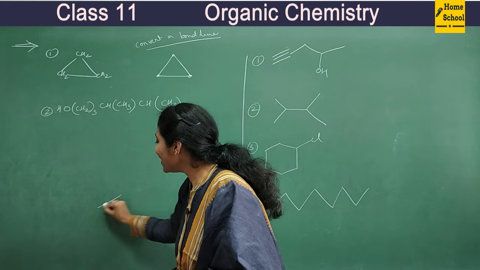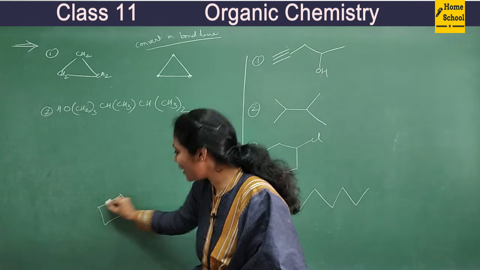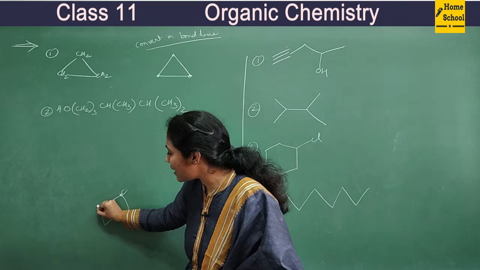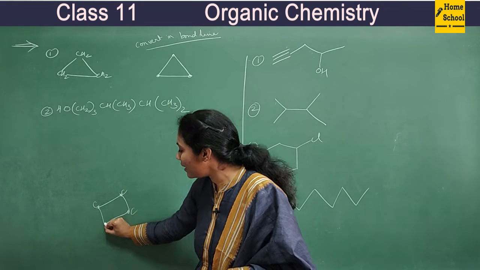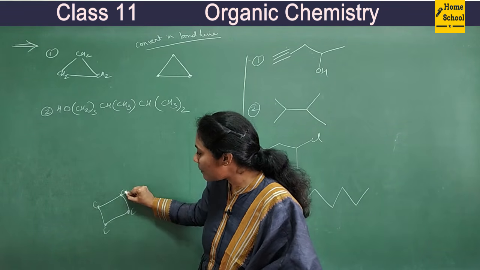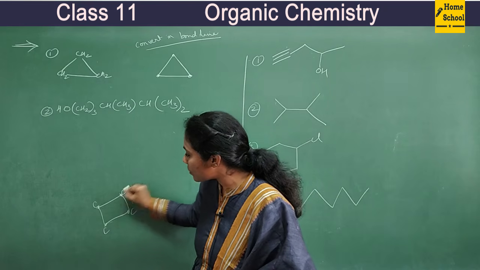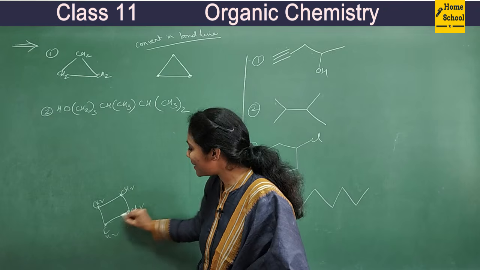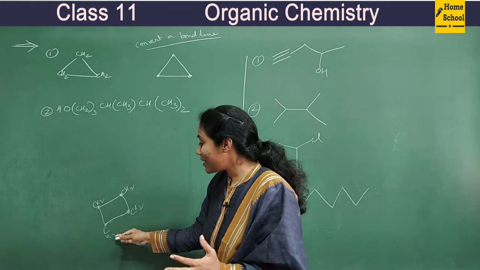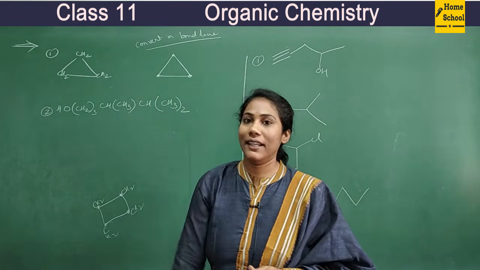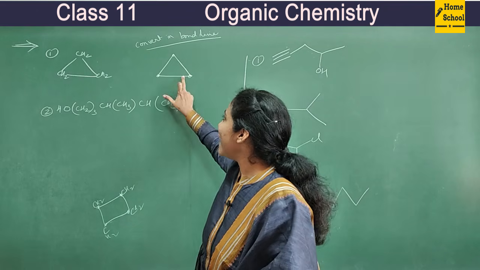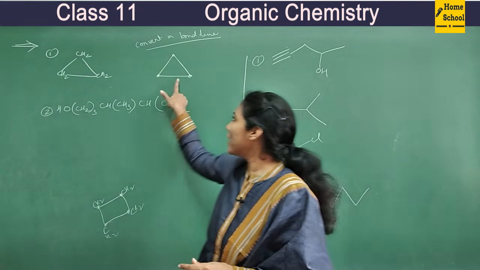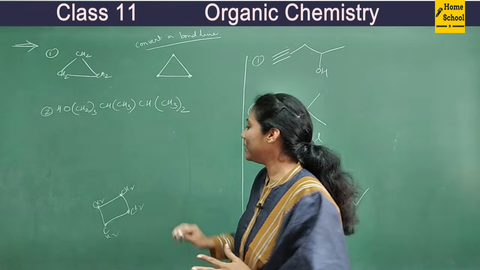Okay, so when you have this symbol, what do you mean by this? Say if I have a bond line representation as this, at every point carbon is there, here carbon is there, here carbon is there, here carbon is there, here carbon is there. And to this carbon, how many hydrogens? 2 bonds are already there, 2 hydrogens. To this carbon, 2 hydrogens, 2 hydrogens, 2 hydrogens. So 4 carbons are connected in a cyclic way. So this compound is called cyclobutane. Okay, so there are certain shapes in organic chemistry, but the shapes have a meaning. It's an organic molecule. Okay, fine.